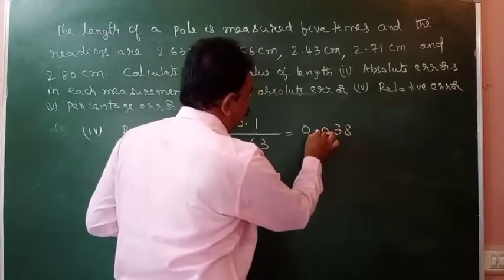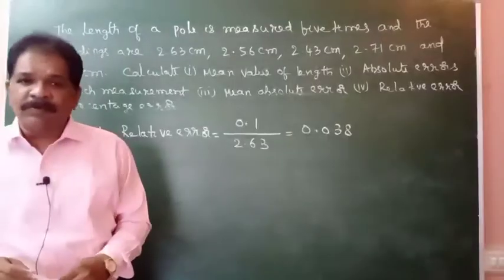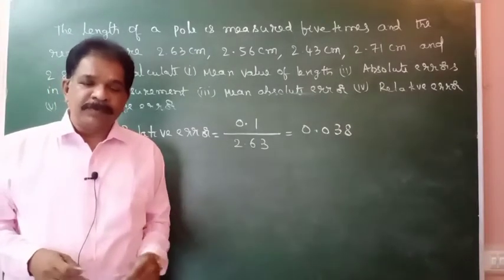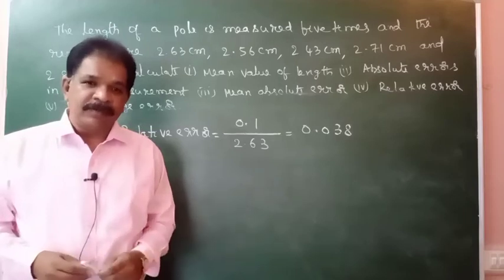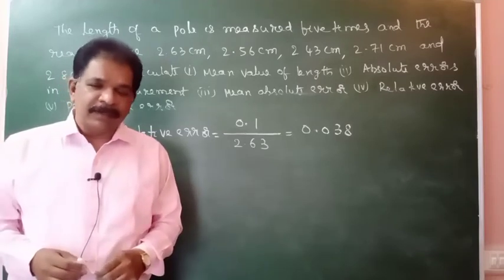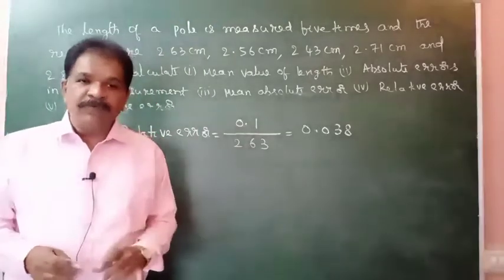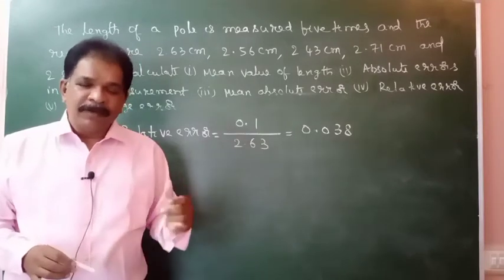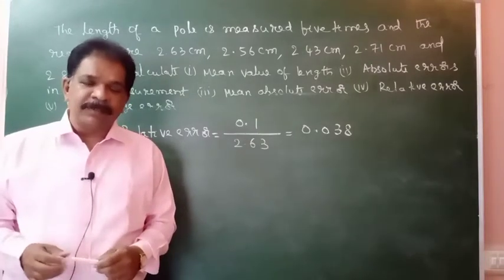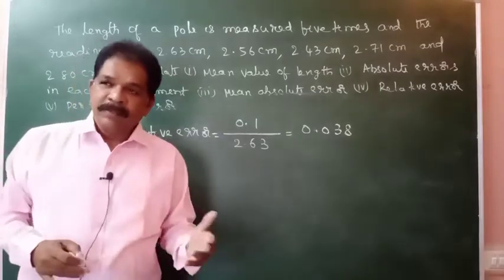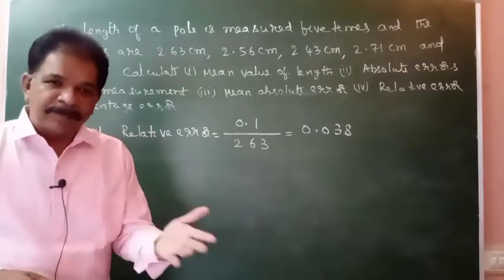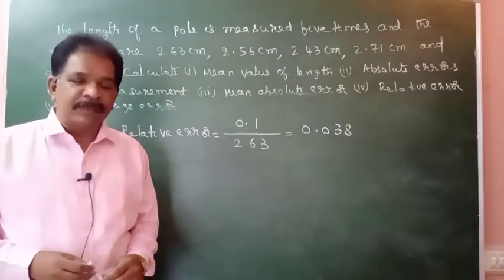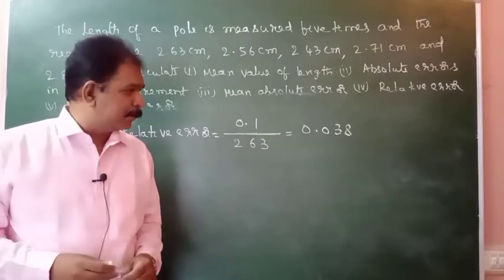Then if we calculate this value, it is 0.038. Use calculators. Calculators are allowed in the board examination. So if you write theory examinations, PU examinations, calculators are allowed. Just use the calculator, nothing wrong in that. While if you go for the competitive examination, calculators are not allowed. But calculations in the competitive examination will be a little bit easy only. Easily you can guess the answer. When that portion comes, we will explain how to calculate without using the calculator.